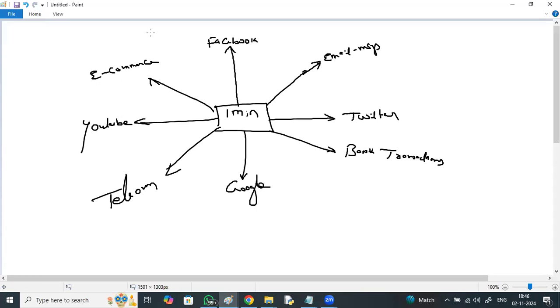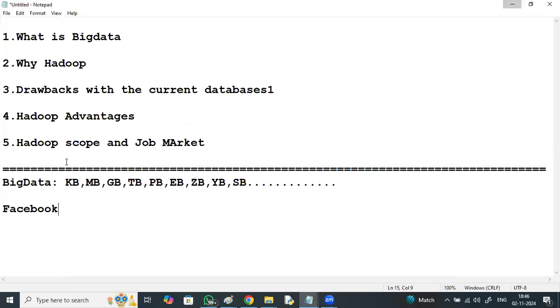Currently we have databases like Oracle, MySQL, SQL Server, DB2.